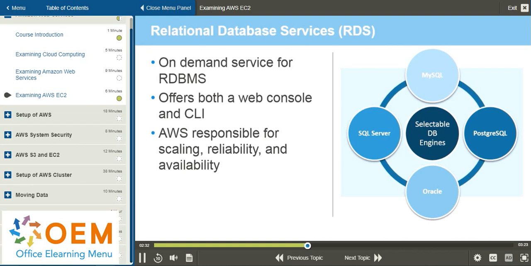Attributes for RDS include that it is an on-demand service for relational databases built on top of an EC2 instance. You can use both the web interface or a command line interface to create and manage your relational databases. And again, AWS assumes full responsibility for scaling, reliability, and availability. The pricing is comparable to EC2, and it's only slightly higher per hour. For example,